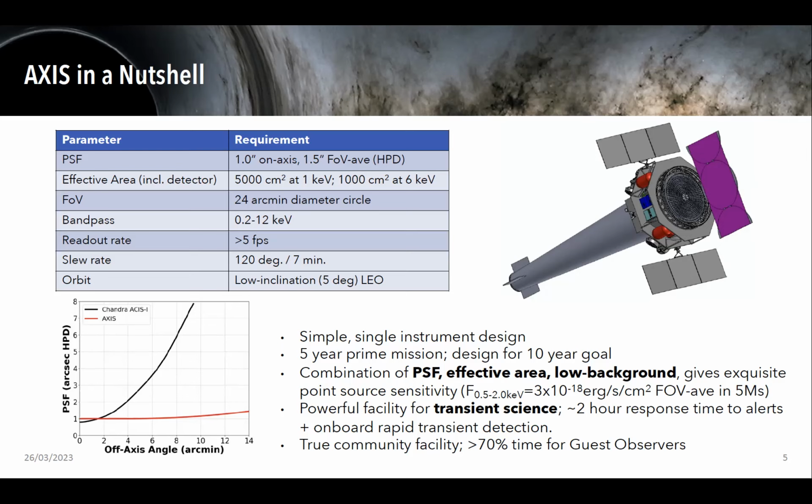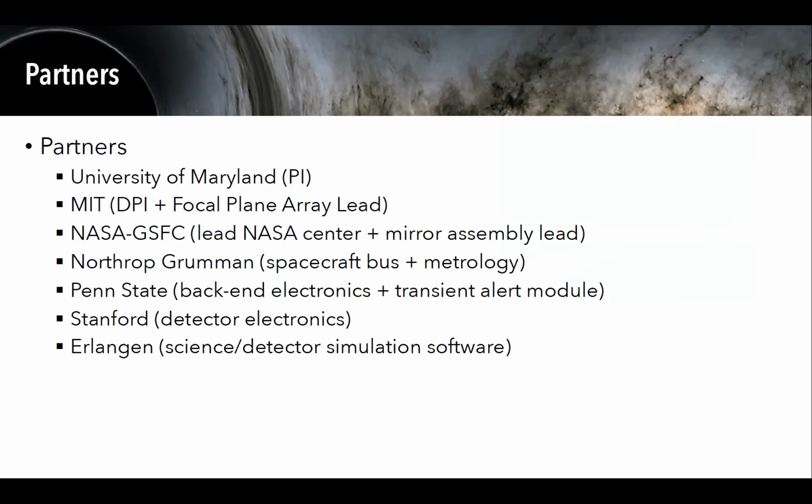So compared to Chandra, for example, one important thing is that we have a very, very graceful degradation of our point spread function across our large field of view. So you can see that in this plot here. The optical design of our instrument means that from being on axis until quite far off axis, we have a very, very slight degradation of our PSF. So we have good resolution across our whole field of view.